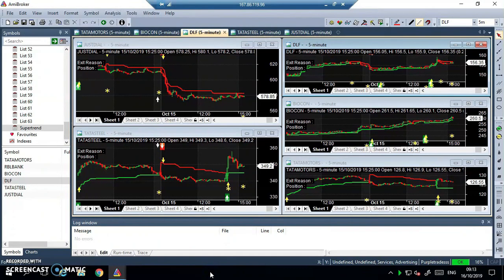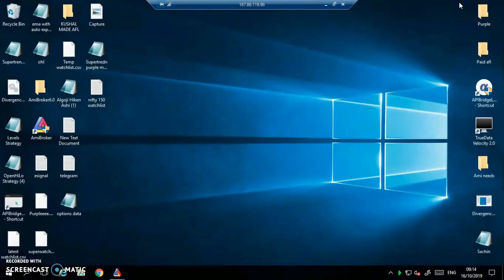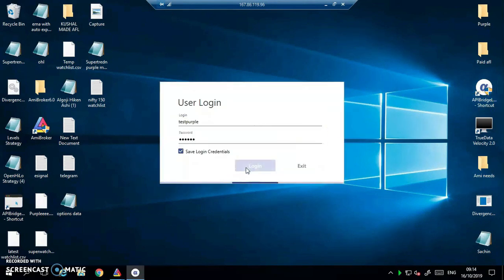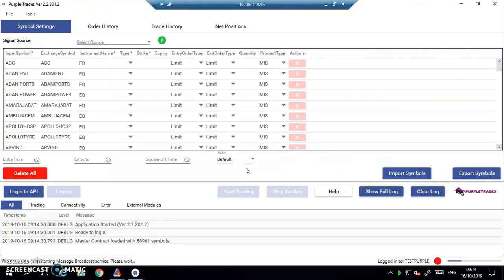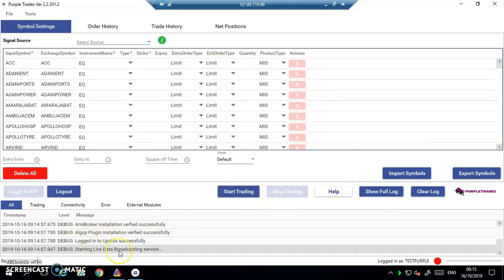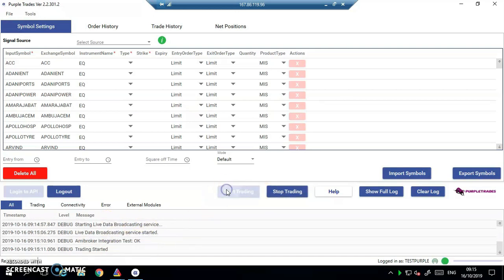So this is 16th of October and it's around 9:13 a.m. Market is about to start, and again I'm very excited, and I know the mistake that I made yesterday. So instead of market order, I will change it to limit order, which I've already done in my bridge. Today I'm taking the same stocks, but I've just removed Yes Bank from the watch list. I'm choosing these 5 stocks: Just Dial, Tata Steel, DLF, Biocon and Tata Motors, to start trading with.